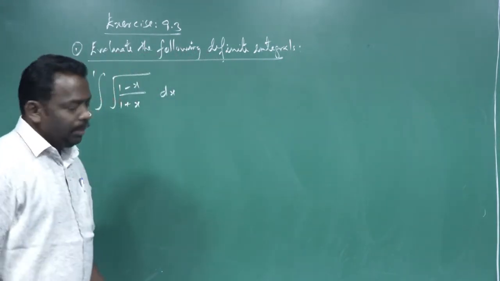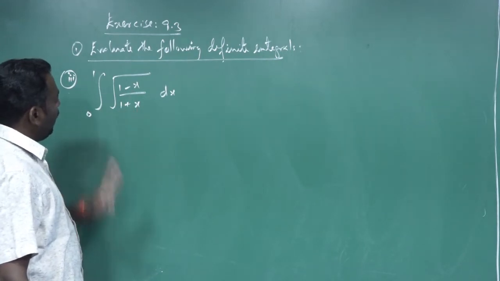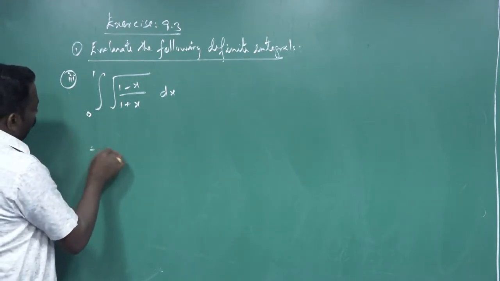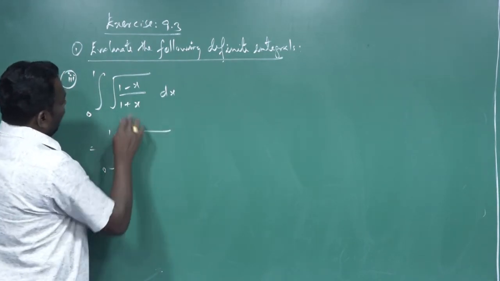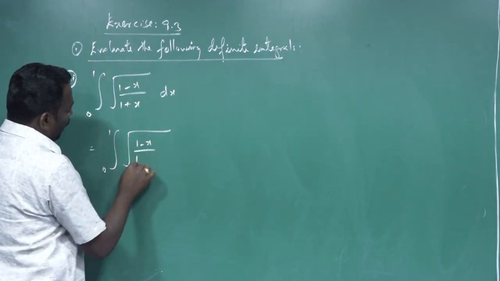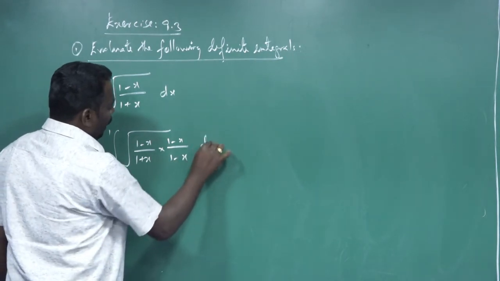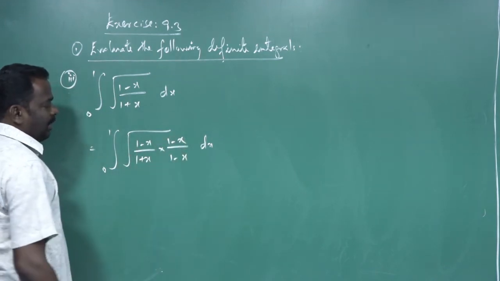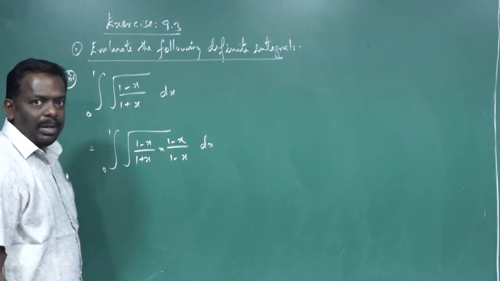Come to the third subdivision. Integral 0 to 1 of square root of (1 minus x) by (1 plus x) into dx. There is no direct formula. This we have to reorder. Therefore, given the integral from 0 to 1, we multiply the equation (1 minus x) by (1 plus x) by (1 minus x) by (1 minus x) in dx. So the numerator is the same term, (1 minus x) whole square. The denominator is (1 plus x)(1 minus x), the a plus b, a minus b form, a square minus b square value.